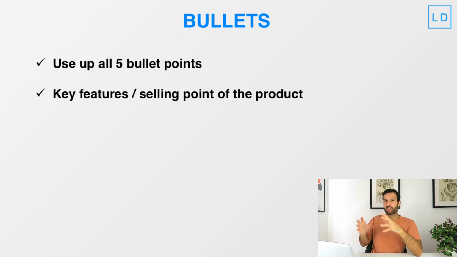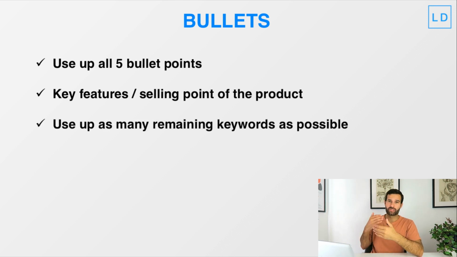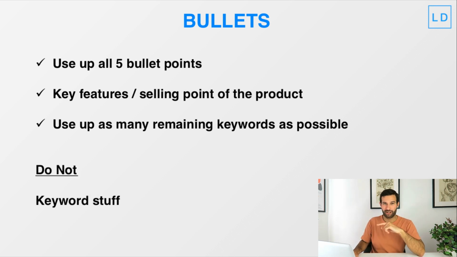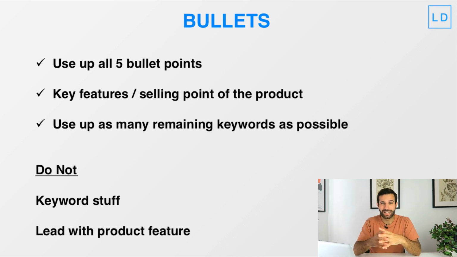What you want to do over these 5 bullet points is highlight the key features or the key selling points of your product. What differentiates your products from your competitors? What are your customers going to benefit from by having your product? Again, use as much of the remaining keywords as possible that you didn't put into your product title, but do not keyword stuff. Now, a second big do not is do not lead with a